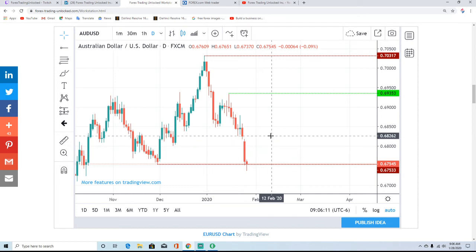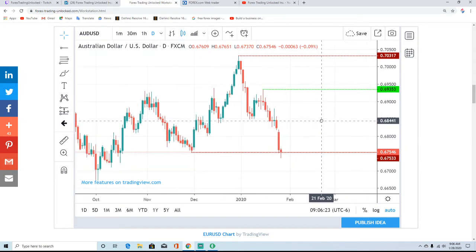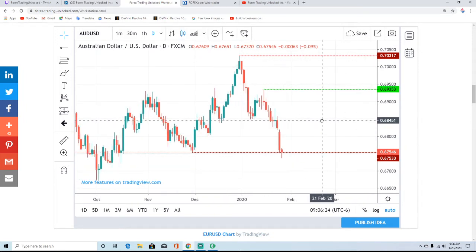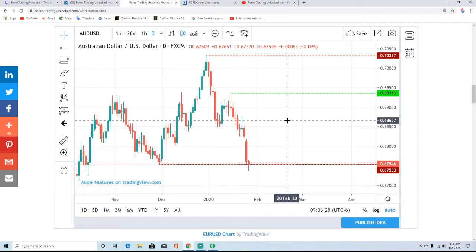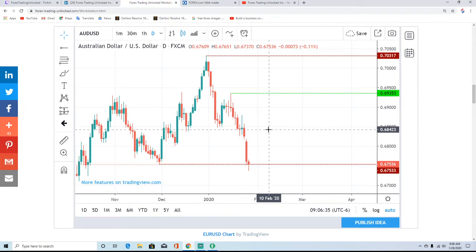I would be very careful trying to catch a falling knife. There is a little gap here. This week has definitely seen a lot of bearish momentum manifest itself. And is it done? I don't know. It really depends on how the world reacts to these things. You got to remember, Australia is a lot closer to China than the United States is. So any slowdown in China also hurts Australia, because right now they were looking at things being good and growing.